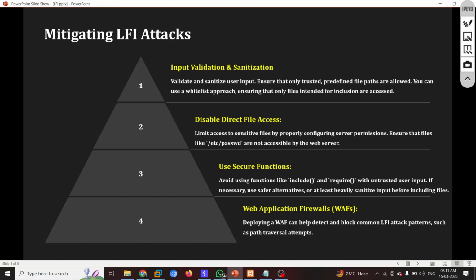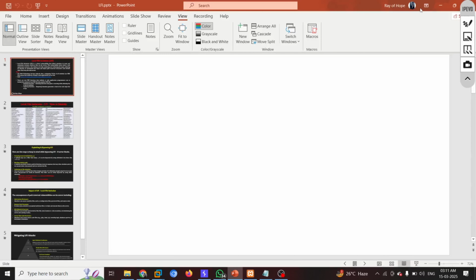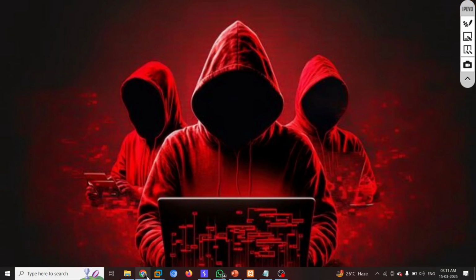Till now, guys, we have covered everything about the LFI attack, right? I hope your theory part must be clear, right? Again, right now I am going to teach you something which would be really critical, and the concept you would not get anywhere actually, right? So this is the end of theory. Let's go ahead and do some practical stuff.